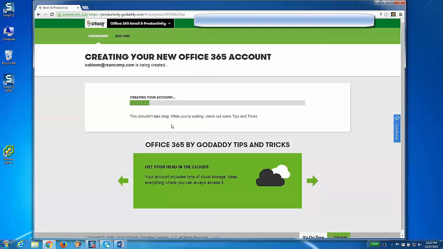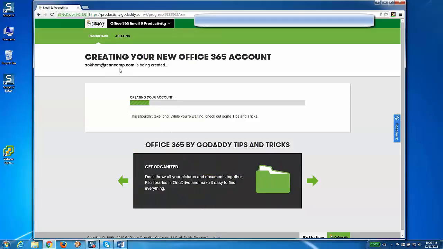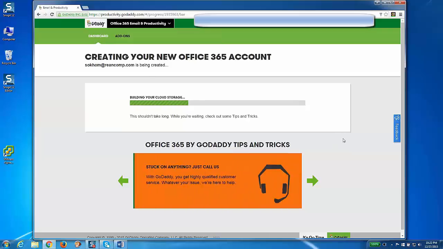So right now, as you can see, it's provisioning or creating the Office 365 account, which is going to be bundled with OneDrive and Skype for Business. That is used for audio conferencing, video conferencing, all bundled in one package in Office 365, the premium edition selection here. It's going to take a little bit of time, but as you follow along,